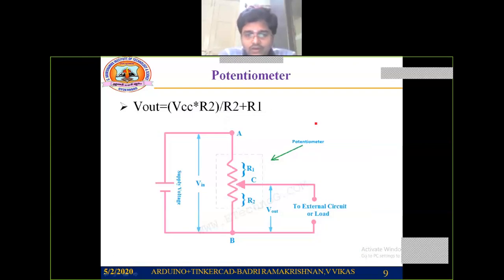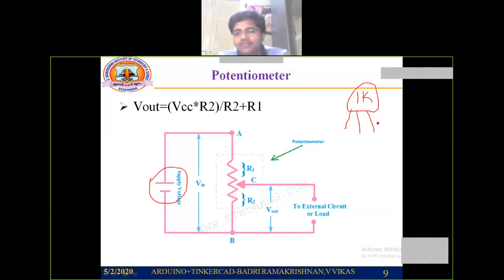Okay, so this is the general circuit how we are going to connect a potentiometer. I have some voltage over here. For potentiometer, you are going to have basically three pins. You are going to have it in varieties of ways, like 1k part, 10k part, 1 mega ohm part. When I say 1k part, the sum of these two resistances will be 1k. When I say 10k, the sum of these two resistances will be 10k. If I say 1 mega, the sum of two resistances will be in the range of 1 mega.